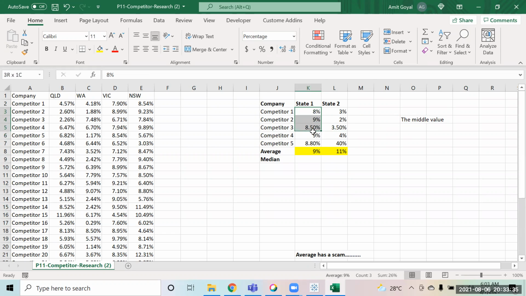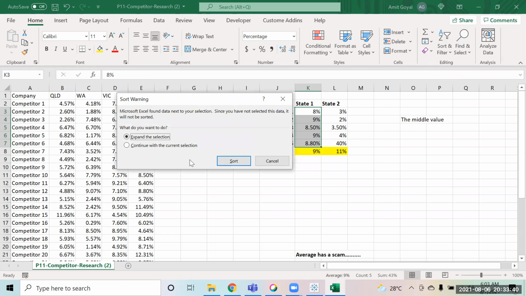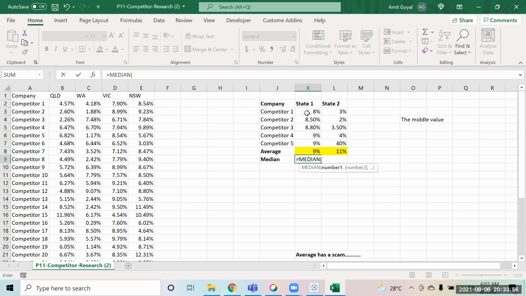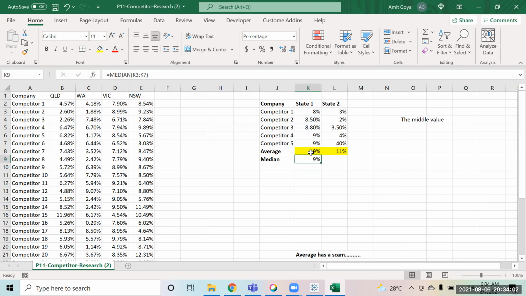But for that, first you have to sort the data. Now this is the data that you have. You sort it. Now these values are 5. So if there are 5 values, what is the value lying in the middle? That is 8.8. Yeah. So median will be 8.8. And we have a formula also in Excel, that is median. If I find the median of this, let me increase the decimal, it comes out to be 8.8%.